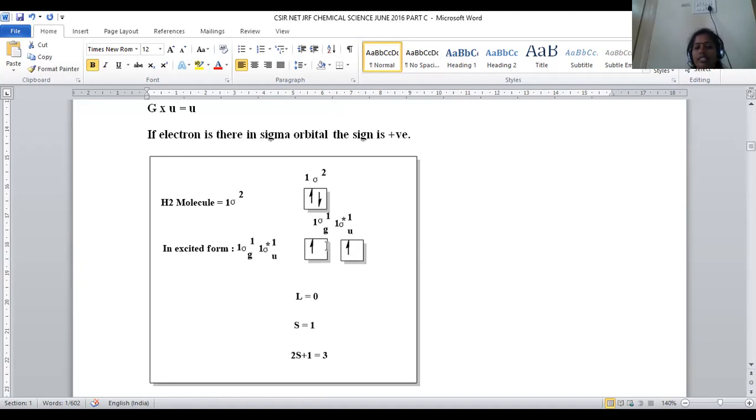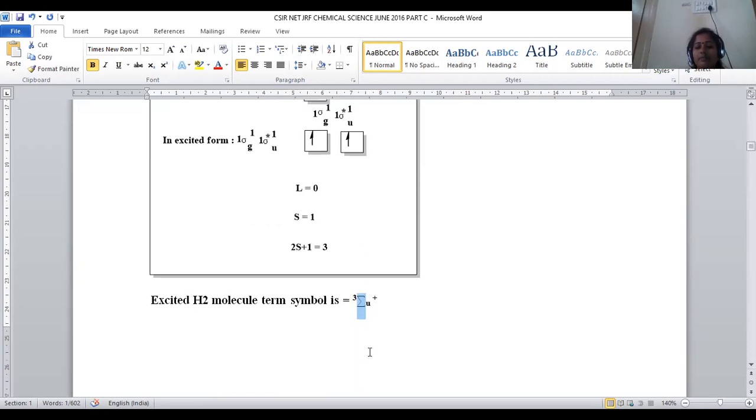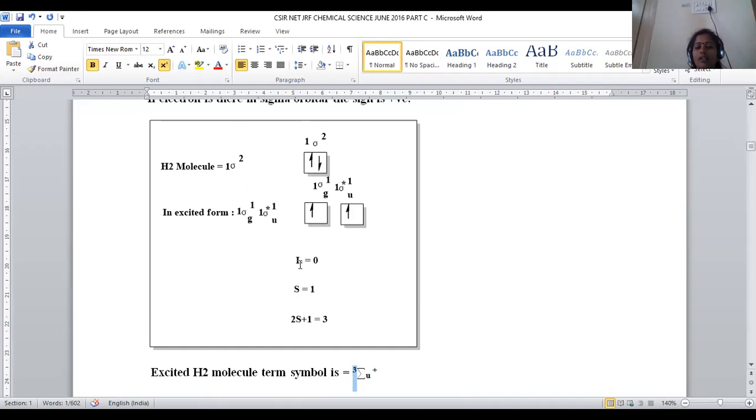Now, we have 2 electrons which have positive spin. So they are in clockwise rotation. Those 2 electrons in clockwise rotation, that's why the final spin will be half plus half, which is 1, right? So let us apply the 2S plus 1 formula. When the 2S plus 1 formula is applied, 2 into 1 plus 1, 2 plus 1, that is 3. So the spin multiplicity is 3. So here the superscript value becomes 3 because the 2S plus 1 value is 3.